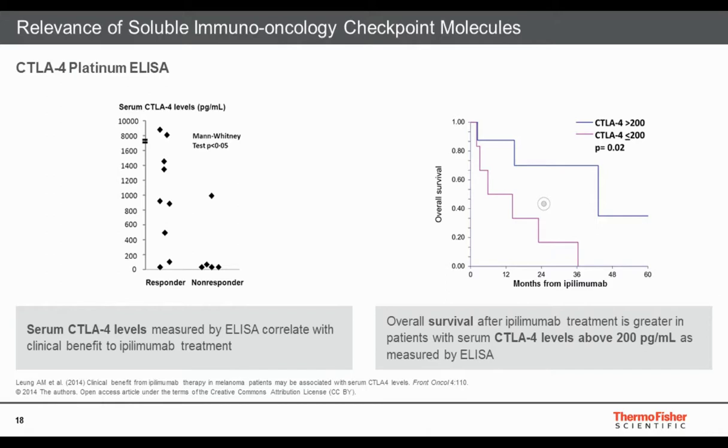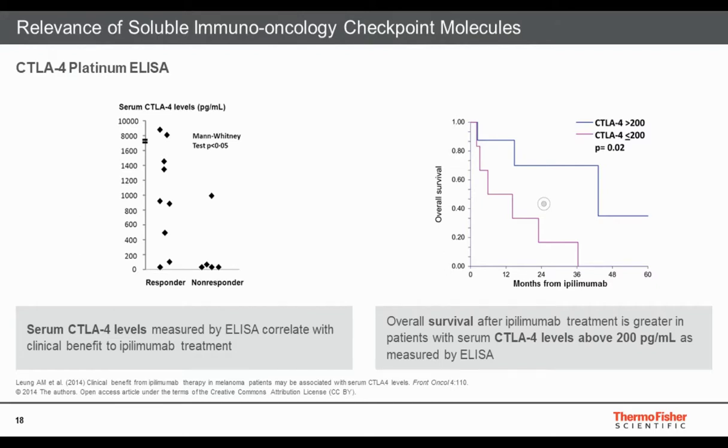So serum CTLA-4 correlated with clinical benefit from ipilimumab treatment. And the serum levels for CTLA-4 in this study were analyzed with an Invitrogen ELISA, which we